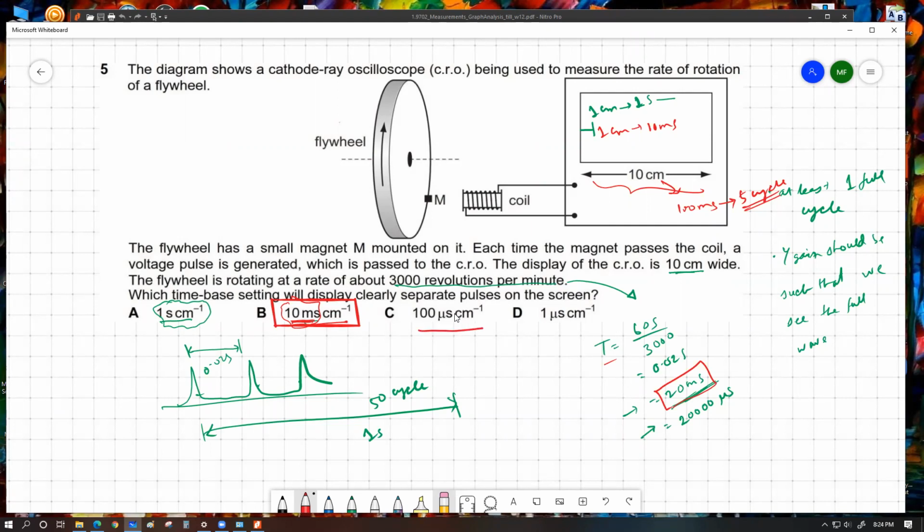So if we just have a look for the other option, C gives us 100 microsecond per centimeter. For this setting, within the 10 centimeter space, let me draw this with blue maybe. So for this setting, within a 10 centimeter space, we're going to have how much time? 1000